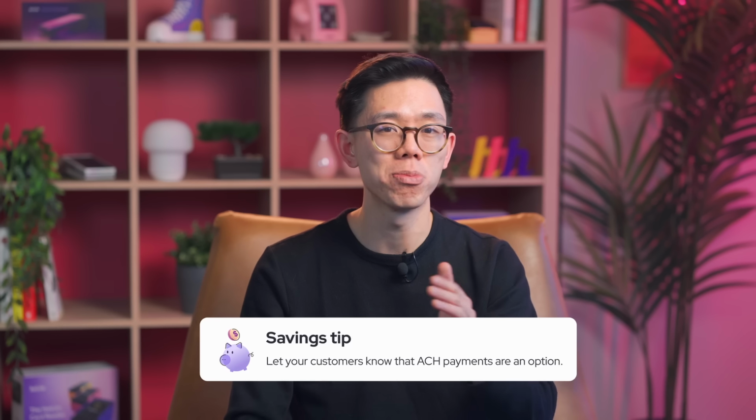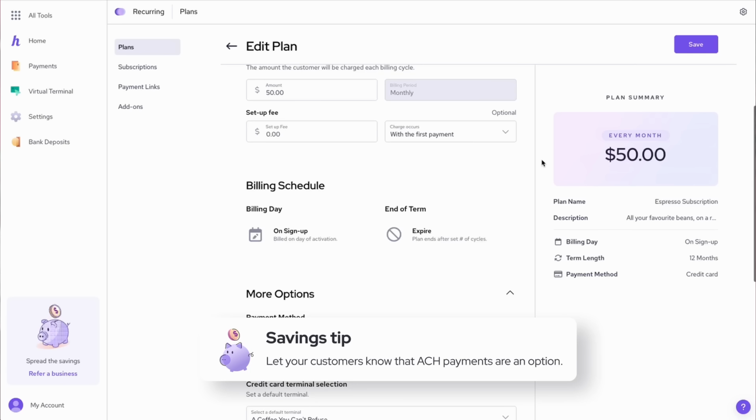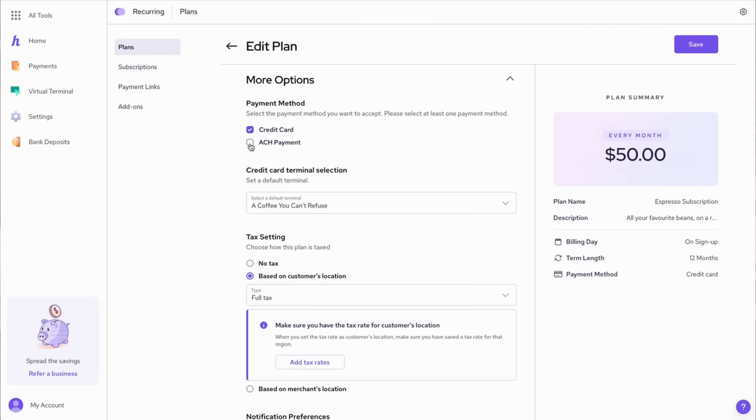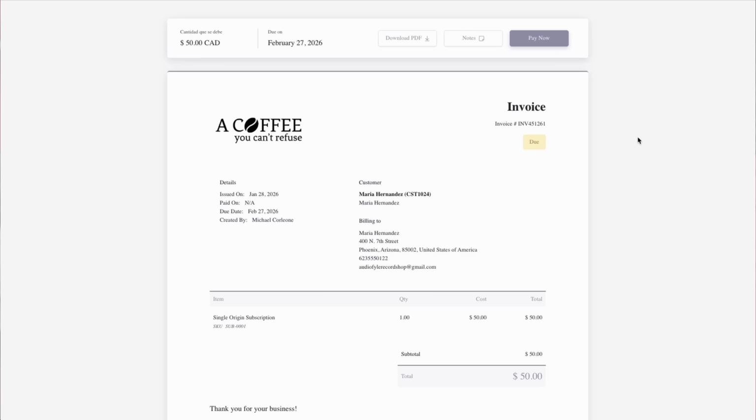Now, how do we actually influence our customers to use ACH or debit? Well, we can incentivize the behavior. For starters, even letting customers know that ACH is an option might cause them to consider using it. For recurring bills on subscriptions or large wholesale purchases, you could even make ACH the default payment. That way your customers will be presented with it right off the bat and then have to opt out rather